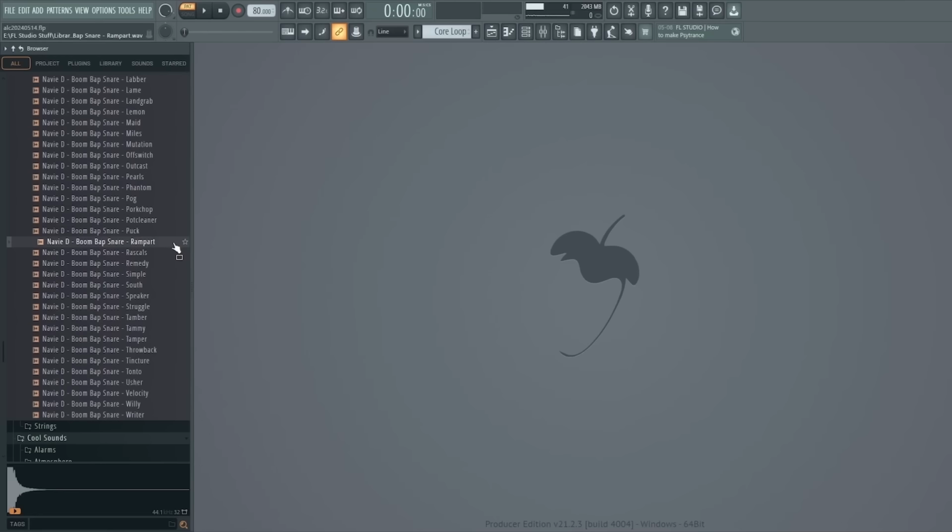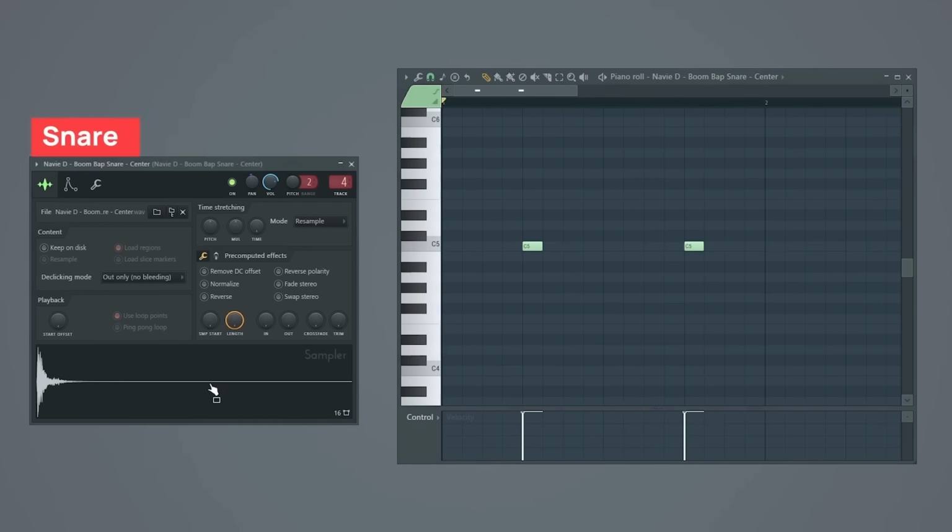Same thing with my snare. I'm not going to use an over-the-top boom bap snare like this. I know for many producers, we often feel like these big over-the-top snares are just fun to use. That's definitely how I felt when I first started making beats because I just wanted to sound like Jay Dilla, but sometimes the beat just doesn't call for it. And in my opinion, this is one of those cases since I plan on adding more into this beat later. So therefore, I will go for something that's a bit less colorful and a bit more transient.